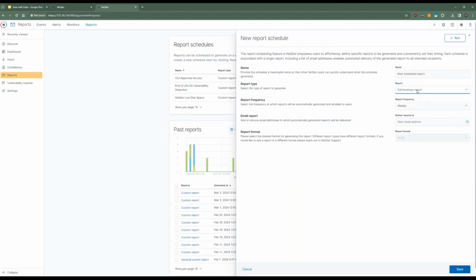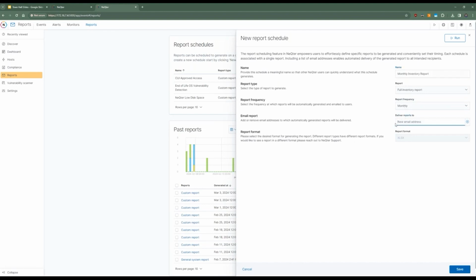full inventory report, and name it and say, I want to receive this weekly. You could say daily, weekly, or monthly. So monthly is probably a good frequency. Well, I'm going to just name this monthly inventory report and get it monthly.